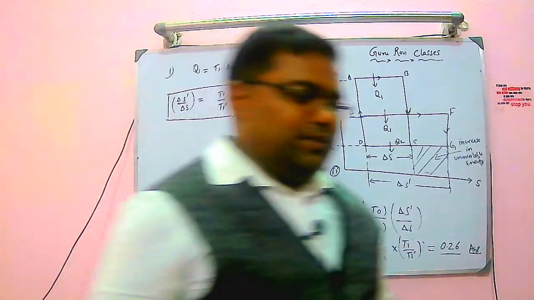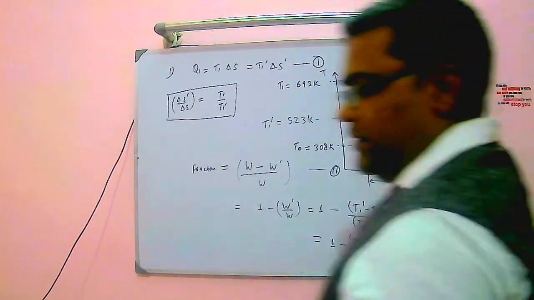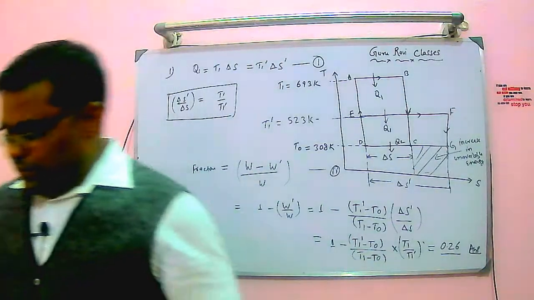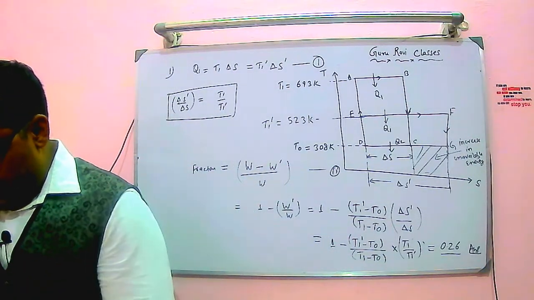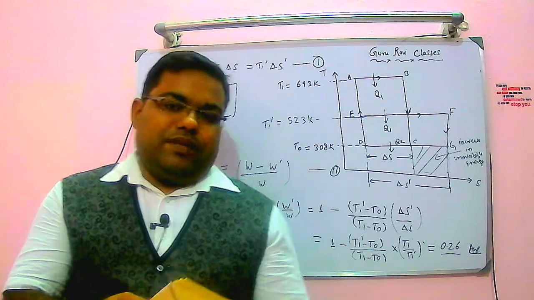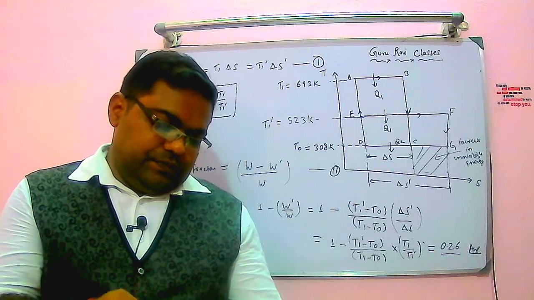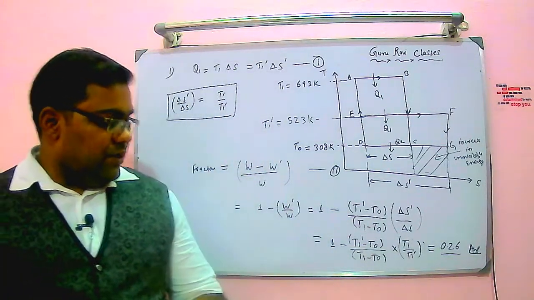So this is your first problem, right? Like that you can solve. So this is the fraction of energy which is being lost to the atmosphere, right, to increase the unavailable energy. So let's go for the second problem. So the second problem we are taking now. Again I am dictating, please note it down.